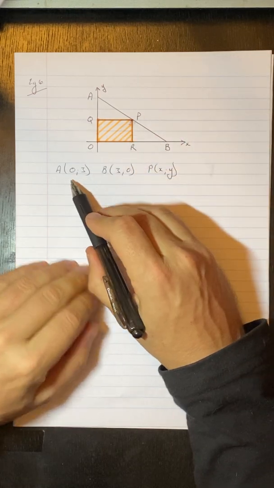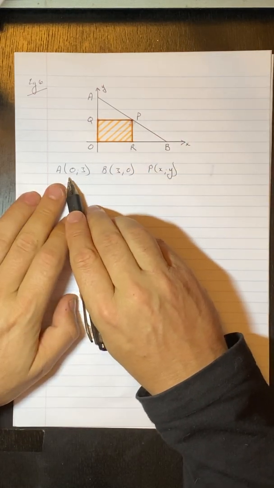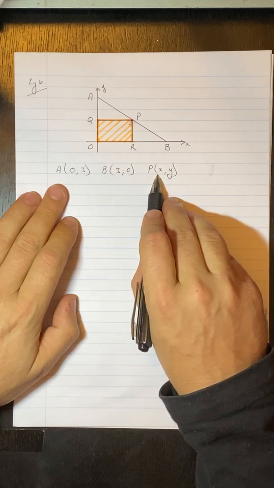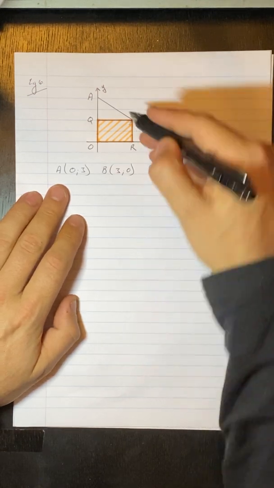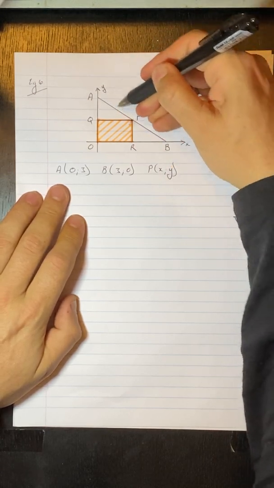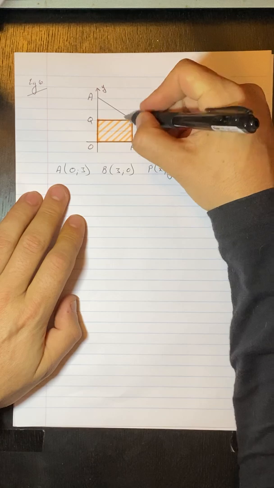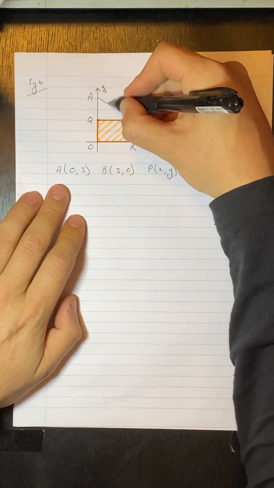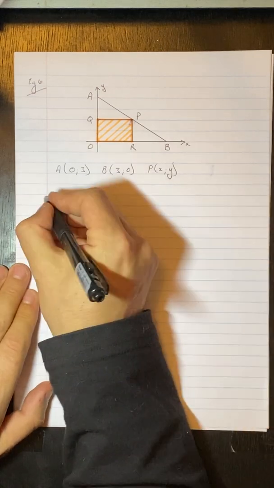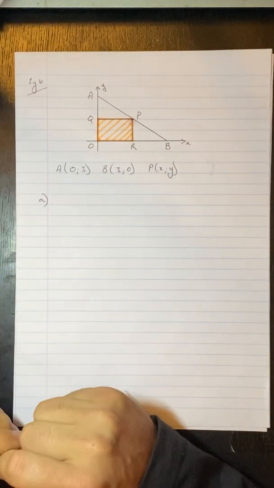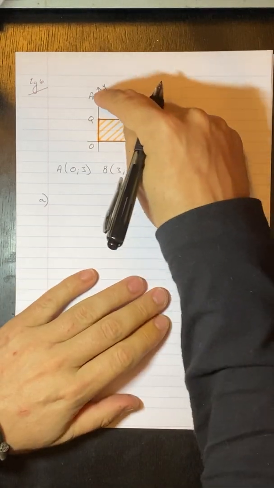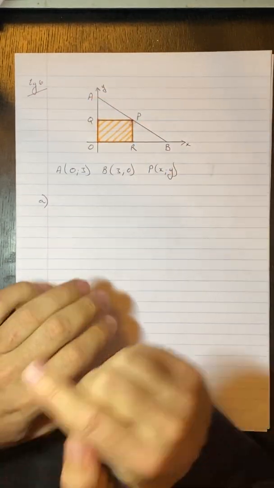They told us that A is the point (0,3), B is the point (3,0), and P, which is a variable point, is (x,y). So P is over there. It can be anywhere along this line. It can move up and down, and you can see the shape of your rectangle will change depending on where P is. So question A: show that the equation of the line, and they're talking about this line AB, is